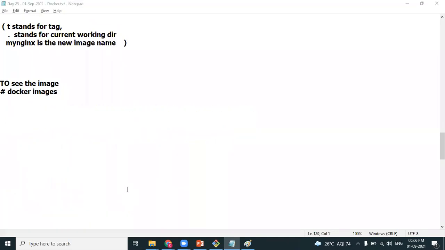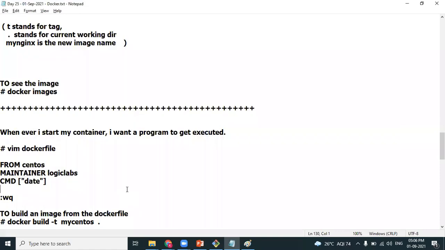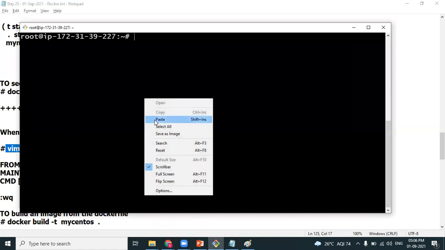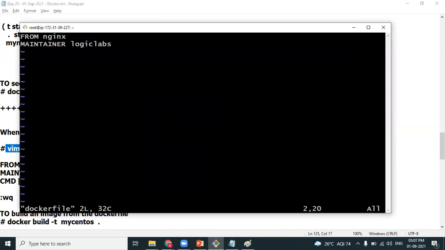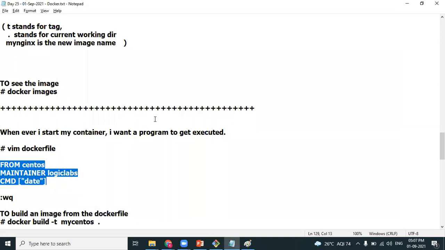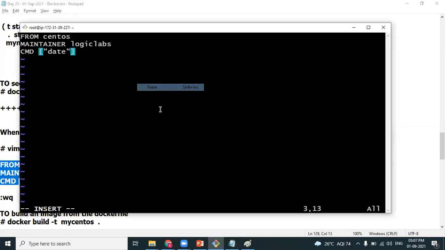So let's do that. I can change the path and create the Dockerfile, right? I don't want to delete the existing data. If you don't want to delete the existing file, you can change the path and create a new Dockerfile, or you can copy this existing Dockerfile into a different directory as a reference and an archive. But I am opening the existing Dockerfile. The existing Dockerfile already has 2 instructions. I will be deleting this existing content, and then I go to insert mode. How many keywords am I using here? 3 keywords. The new thing, Vasant, is the command instruction.